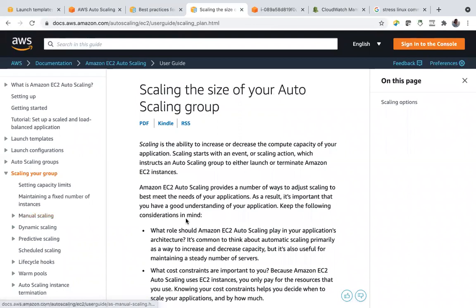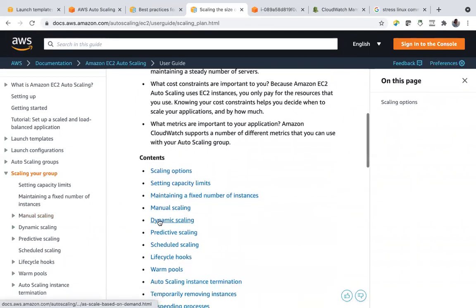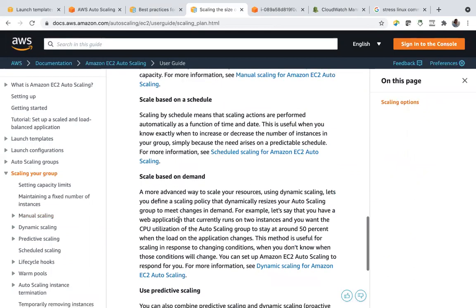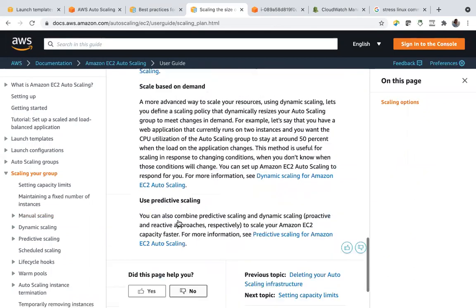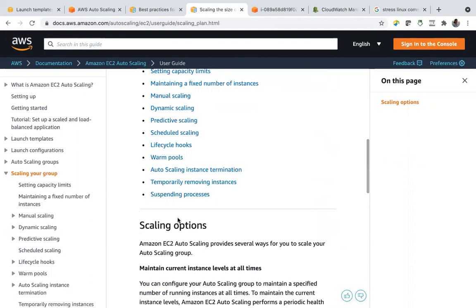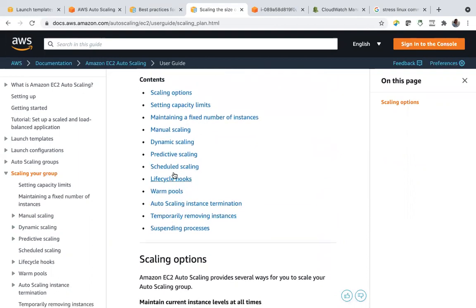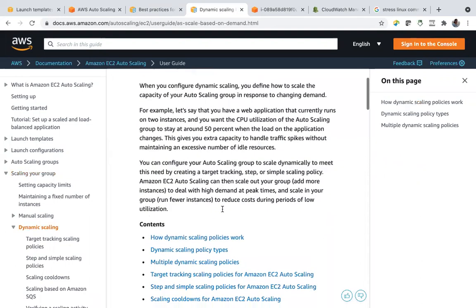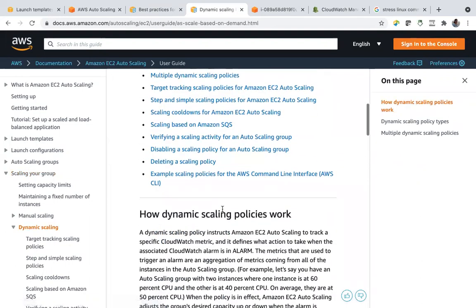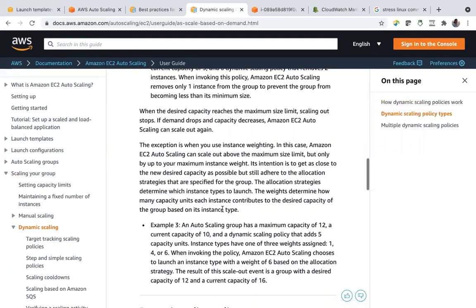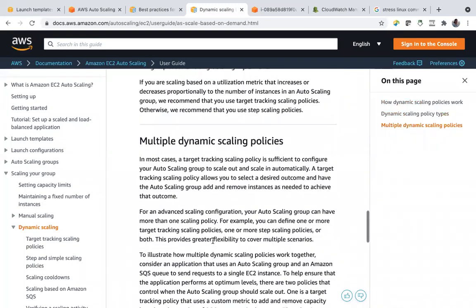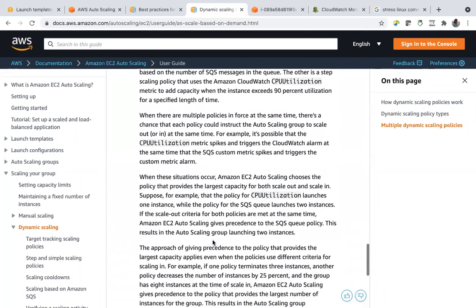Scaling your group, dynamic scaling. Step scaling, simple scaling, we know already all these things.